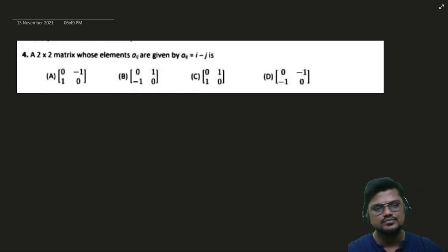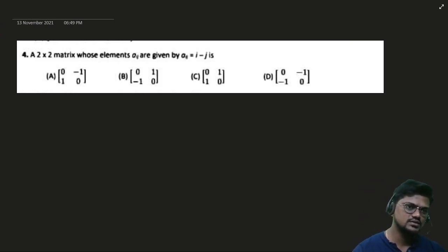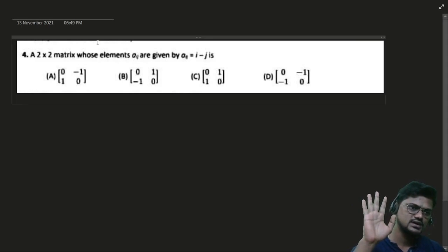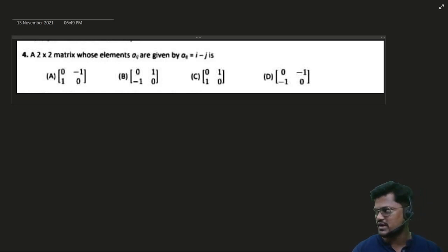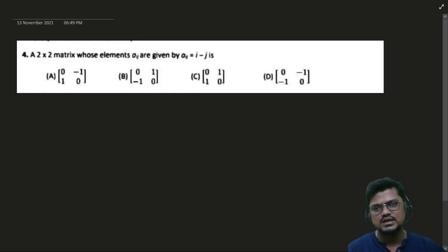See over here. What is i and j? I hope you guys know it. How many of you do not know what is i and j? It is not there in the textbook. Yeah, i and j is not there in the textbook. But still, it is a very basic part of matrices. Still, you should be knowing about it, because they may ask. I know that it is not there in the concise book. But still, you should know it, because it is a very basic part. See what it is.